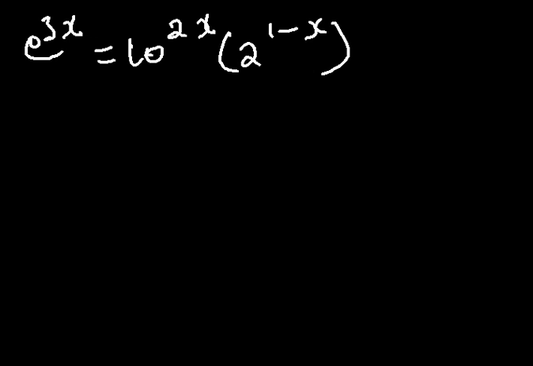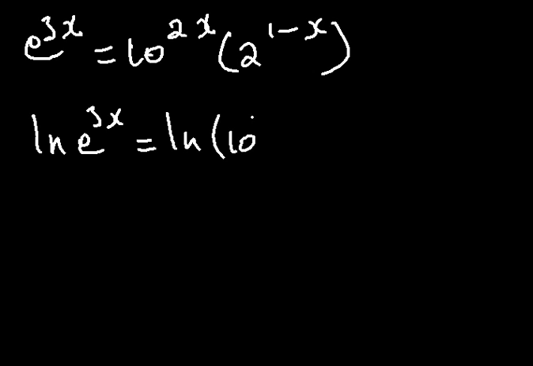In this case we cannot express 10 with the base of 2, nor can we express 2 with the base of 10. In this case we use the same principle of introducing ln on both sides. We'll have ln a to the power 3x, which is equal to ln of 10 to the power 2x